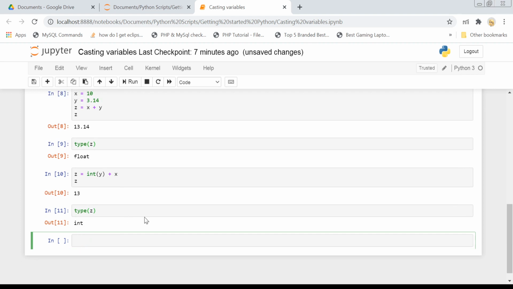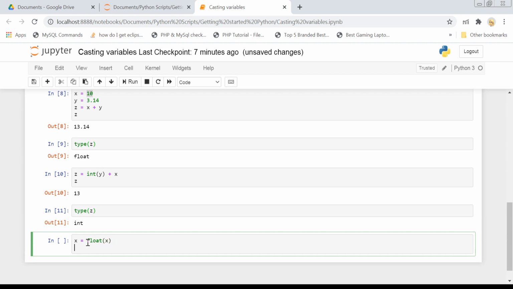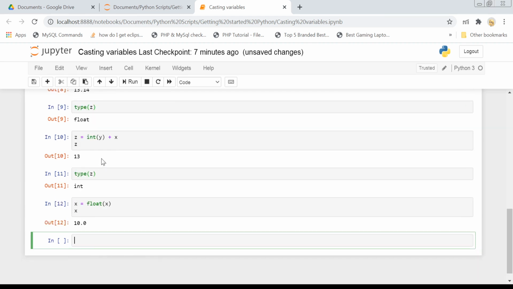The same case is if we do it vice versa. What if I do not want this x to be an integer? I want it to be a float. So I do x equals float and then pass the value here, and now if I print x, you can see instead of printing 10, it has printed 10.0. That means it has converted its value from integer to float.